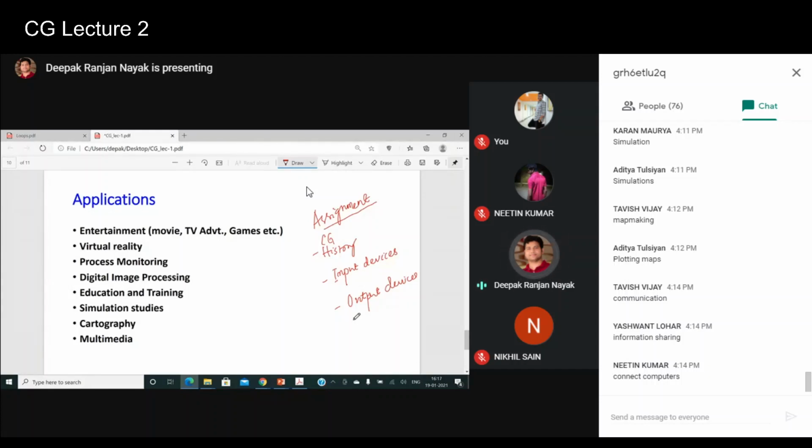I'll be mostly focusing on the mathematical parts, the logic and the concepts. In the next class, we may start with the packages. As I mentioned, I will first mention what packages or standards are available. Then I will talk about display devices, and we'll also be talking about picture elements, the pixels, and a few mathematical things related to that.